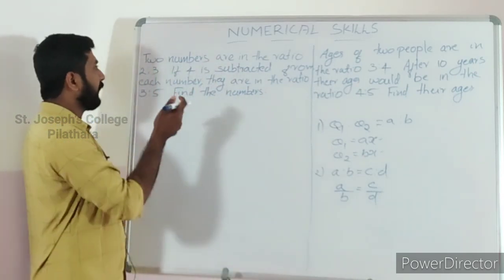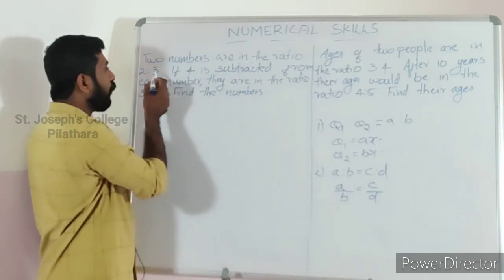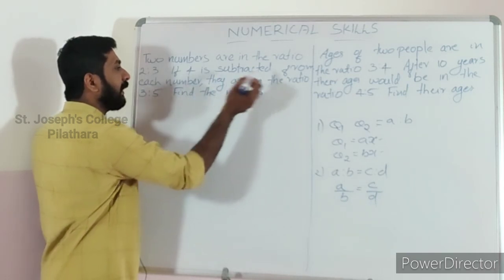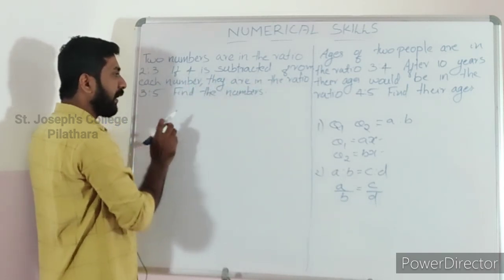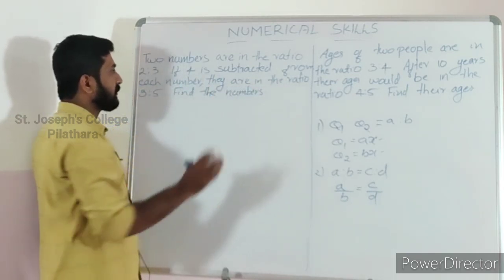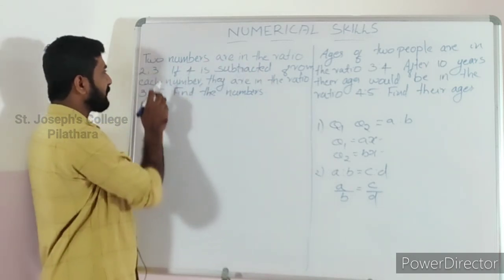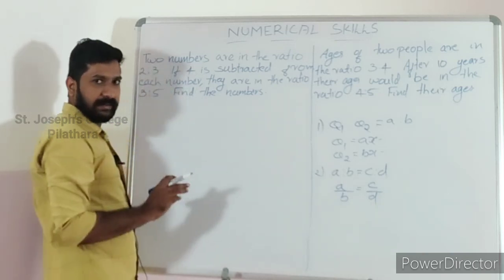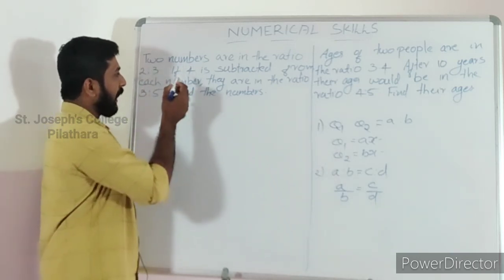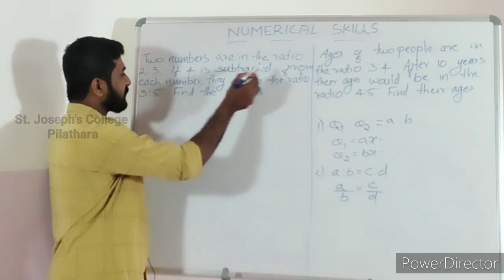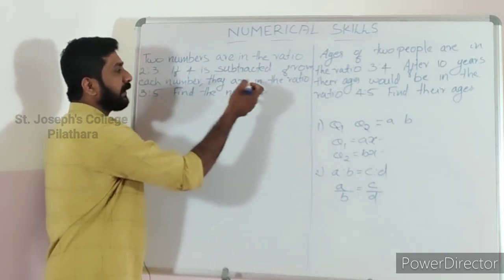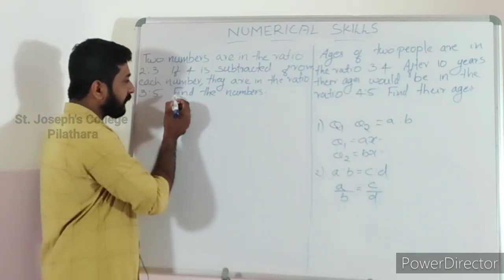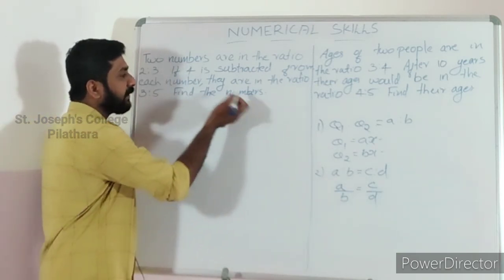I am reading this again. 2 numbers are in the ratio 2:3. If 4 is subtracted from each number, they are in the ratio 3:5. Find the numbers. Look at each sentence. The first sentence, 2 numbers are in the ratio 2:3, is a fact. The second sentence, if 4 is subtracted from each number, they are in the ratio 3:5, is a condition. And the third sentence, find the numbers,